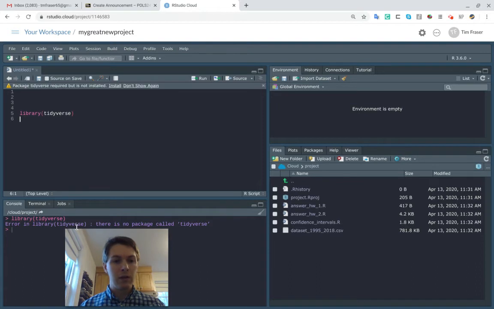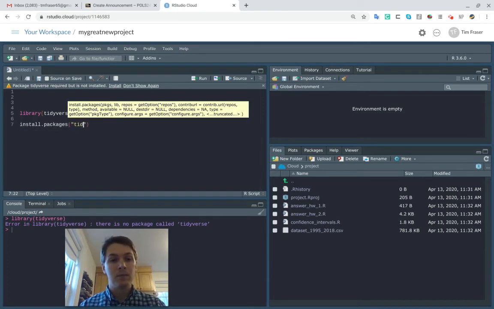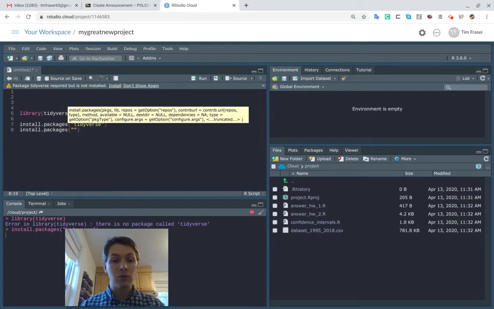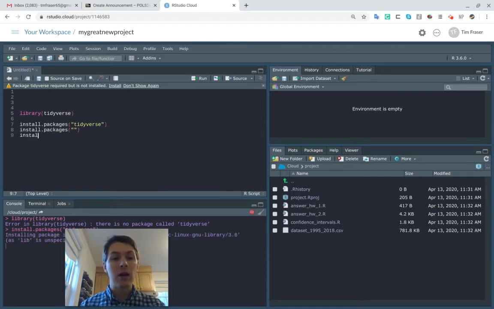Uh-oh, error in library tidyverse. There is no package called tidyverse. Now, R is really smart, and it will tell you, hey, package tidyverse is required, but it's not installed. Do you want to install it? You could click this button. You could click this install button. You could also do this. Boom. And unfortunately, this is going to take a little while, so I'm probably not going to actually finish the installation process. It'll take like 2 minutes,